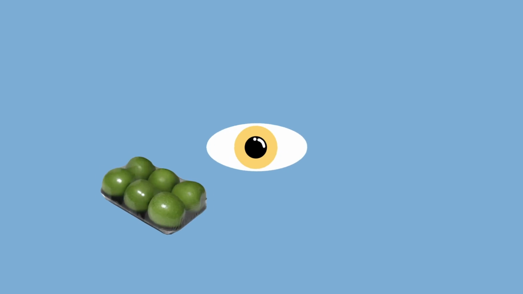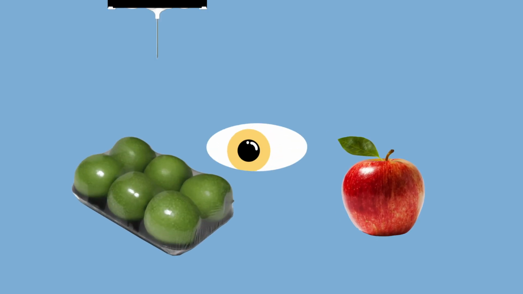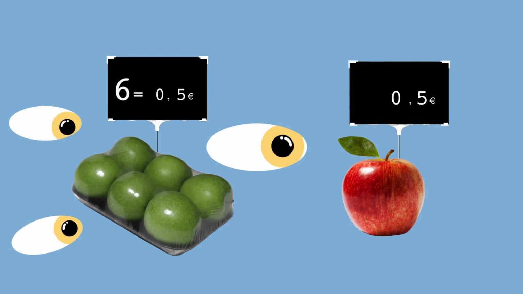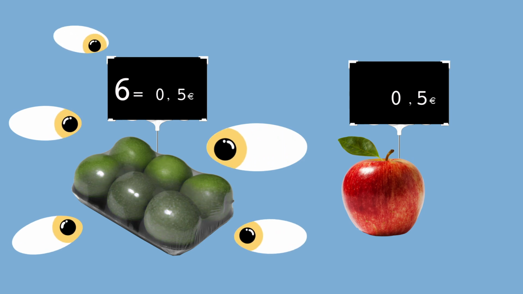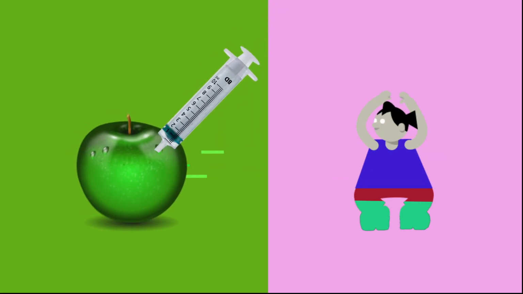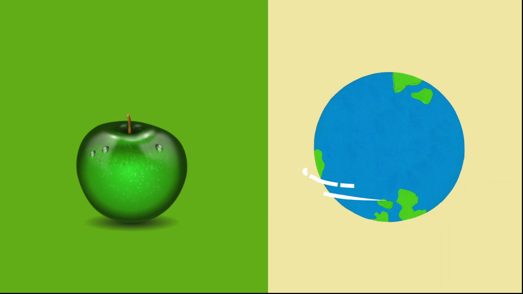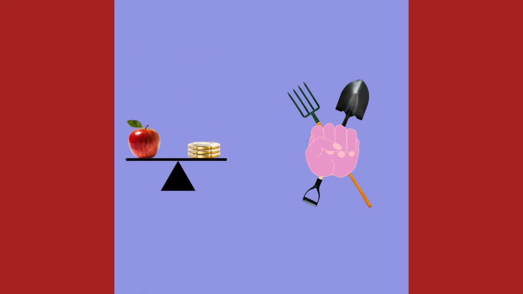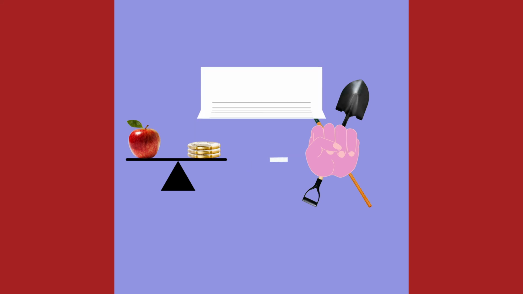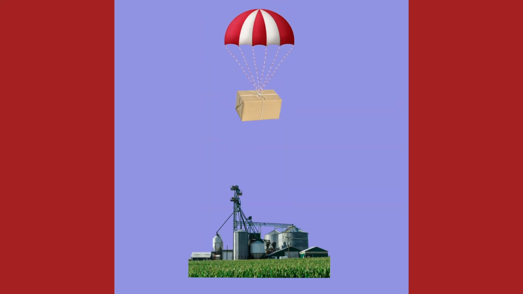Moreover, the consumer pays with their health, as these industrial systems focus on the quantity, not the quality, of the food produced, and therefore use pesticides and chemicals that have serious effects on our bodies. All of this also impacts animal welfare, the planet, and biodiversity. This is why fair prices and farm workers' rights go hand in hand. Farmers' rights are outlined in the UN Declaration of the Rights of Peasants and Other People Working in Rural Areas, the UNDROP, and farms or organisations that do not respect these rights should not receive public subsidies from the CAP.